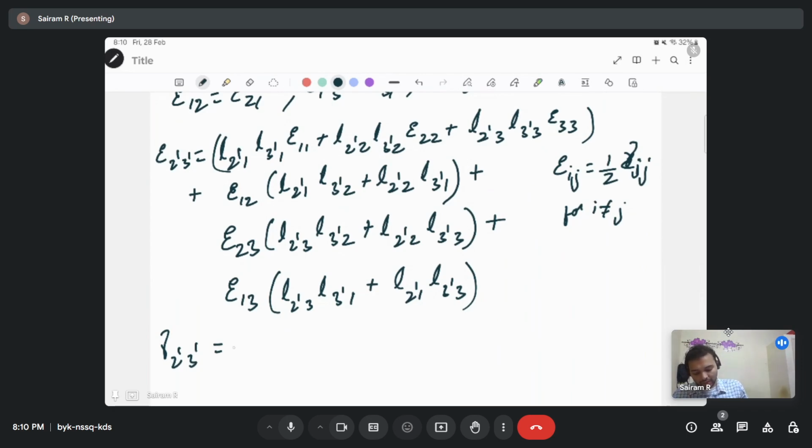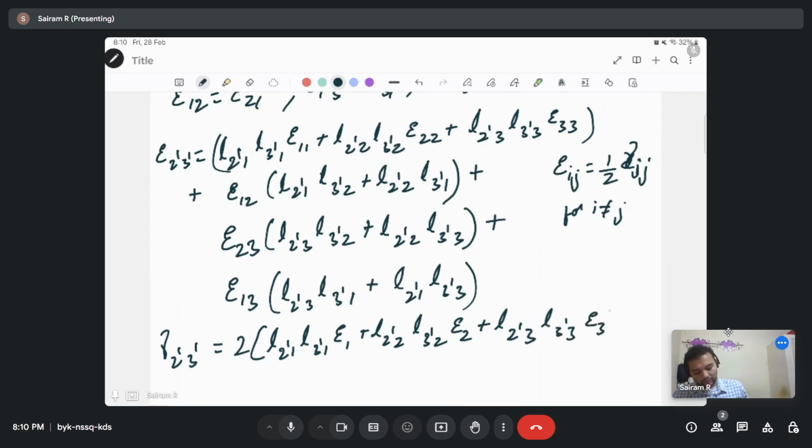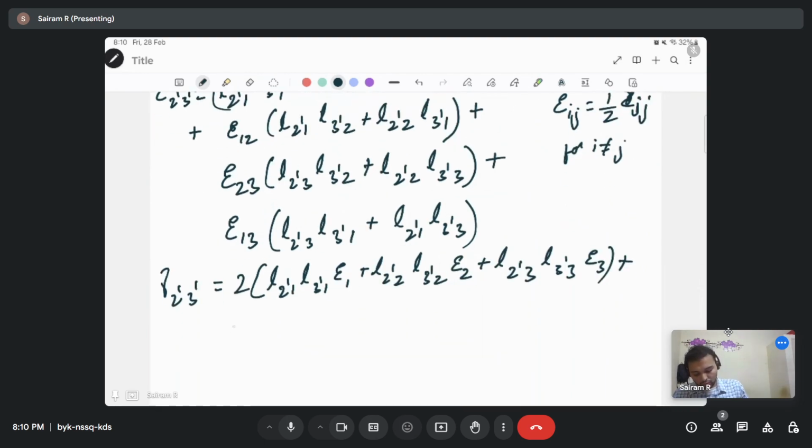We'll have a 2 multiplied by this, so 2 into L2 prime 1, L3 prime 1, epsilon 1 plus L2 prime 2, L3 prime 2, epsilon 2 plus L2 prime 3, L3 prime 3, epsilon 3 plus we'll have 2